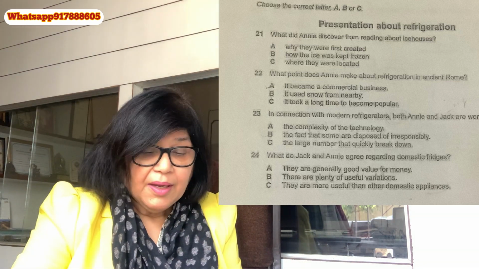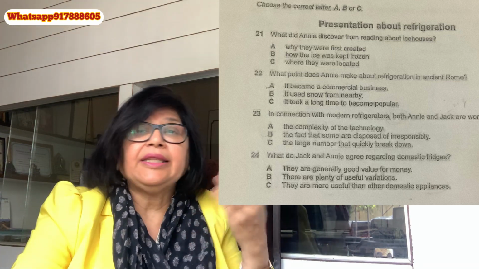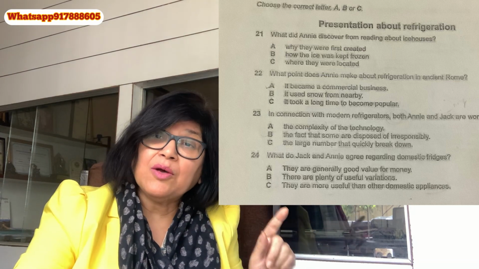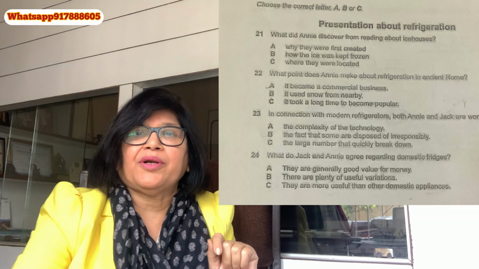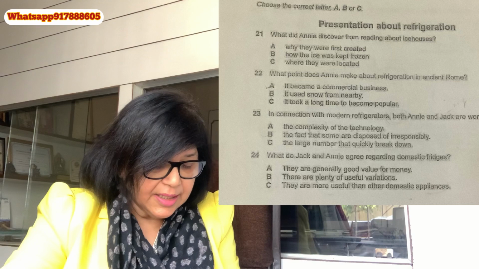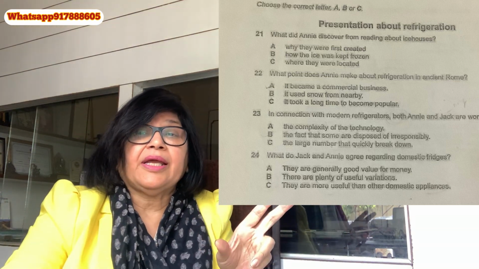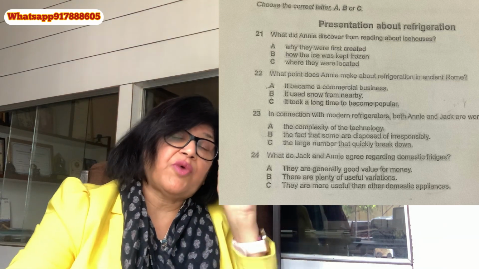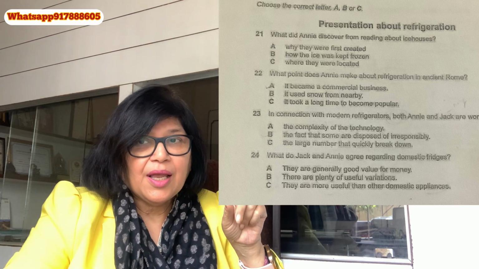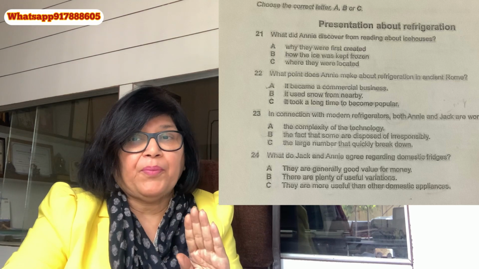And then the third one is where they were located. Again, there you should know the pronoun here is ice houses, and where is important. That means the location, or located also they have told, that you can see. Now, the tip here is what is important from this question. What do you understand? That nouns, adjectives, and the verbs are important.